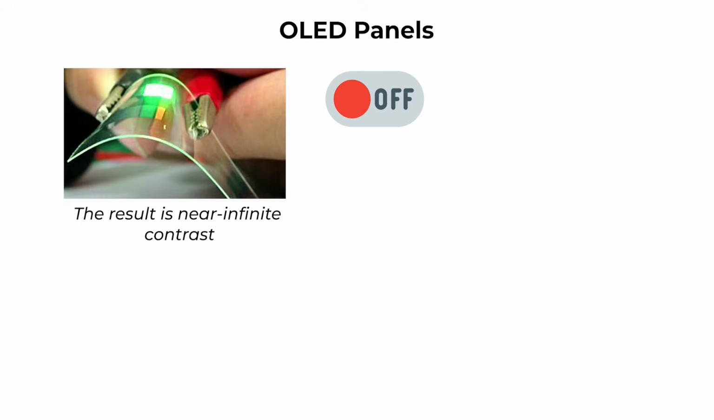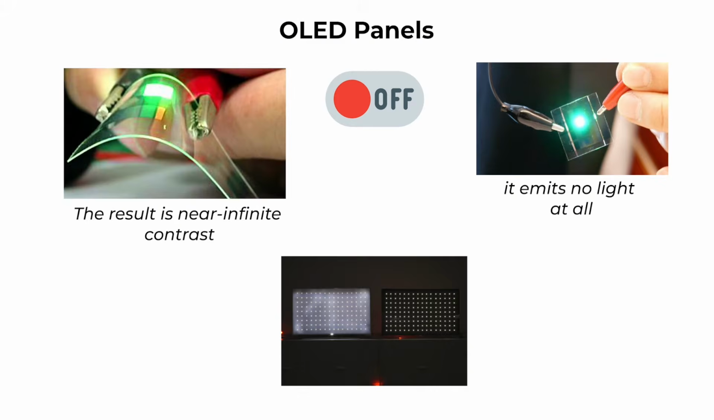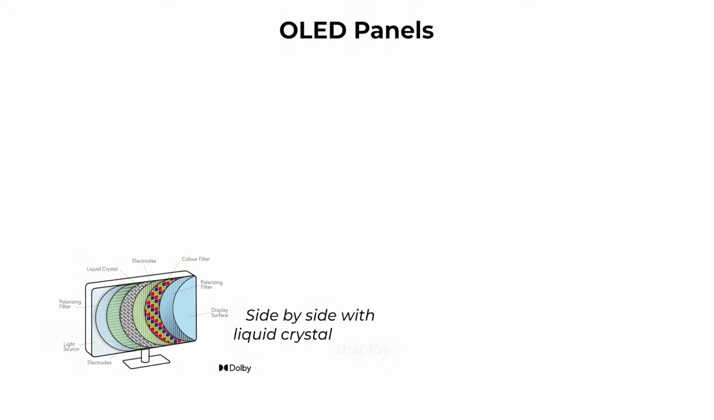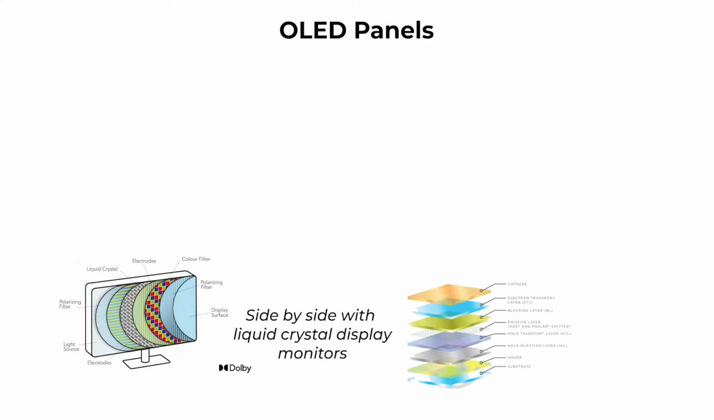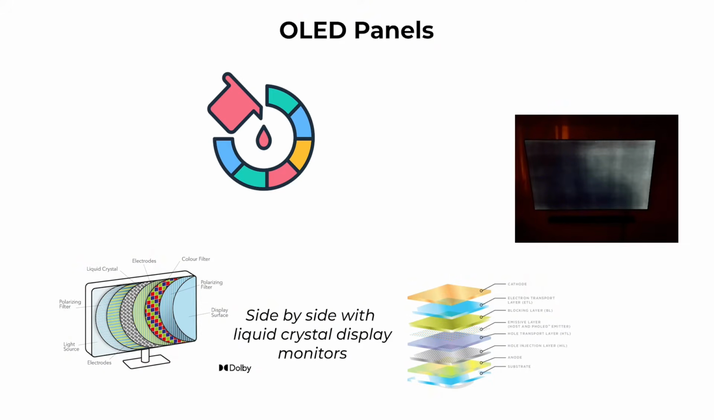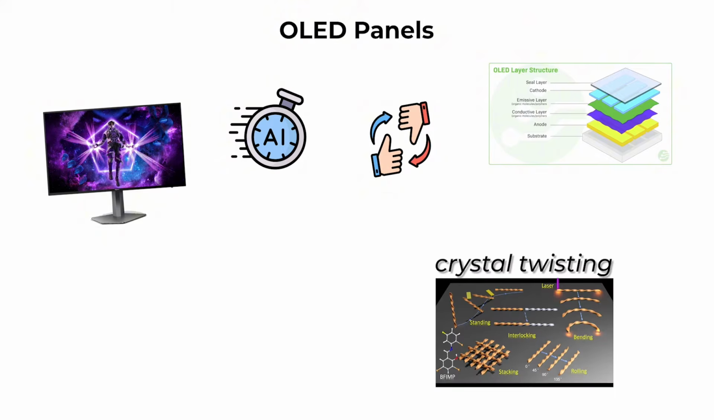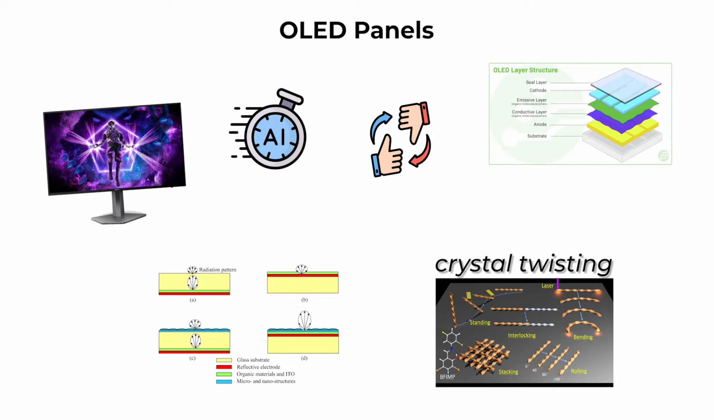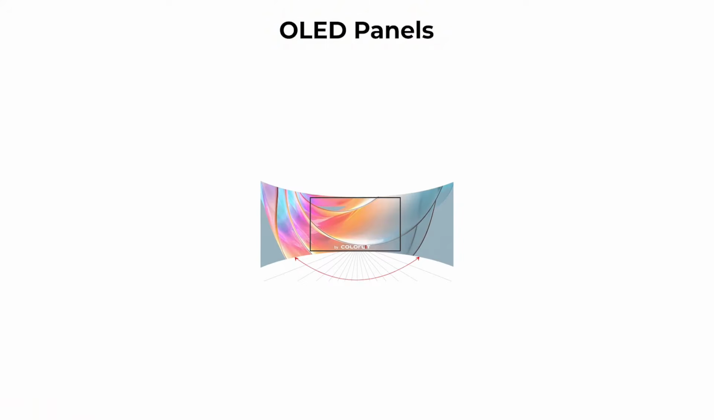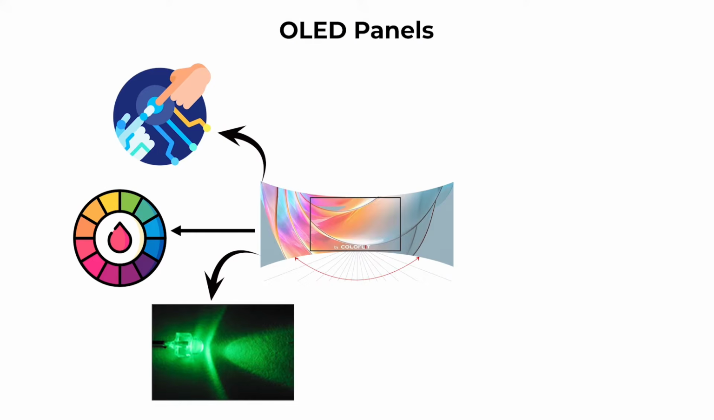When an OLED pixel is off, it emits no light at all, producing a true black. Side by side with liquid crystal display monitors, OLEDs show much deeper blacks and more vibrant colors. They also offer excellent response times, often faster than any liquid crystal display panel, since no crystal twisting or alignment is required. Viewing angles are the best of any panel technology, with minimal color or brightness shift when viewed from